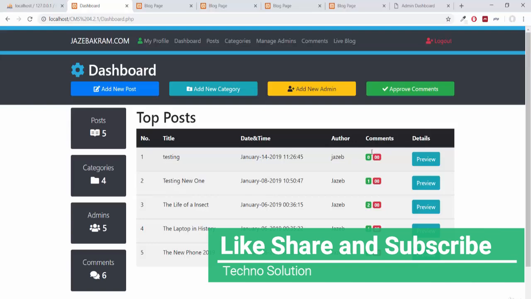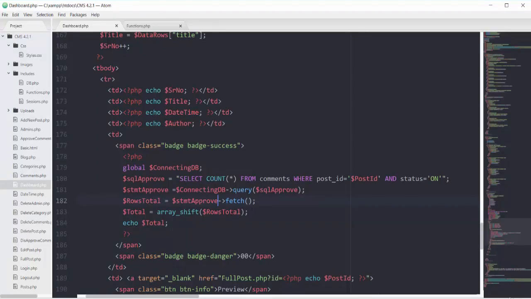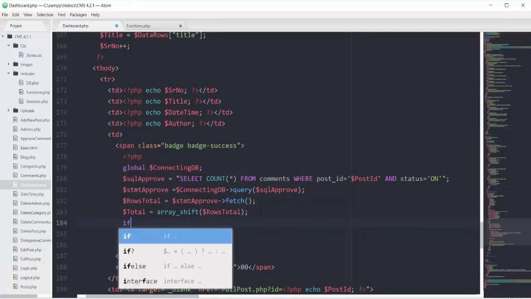So I can apply one restriction on this badge. If the total is less than 1, then don't show me the badge. So right here, right before echoing this total, I can apply one if condition.